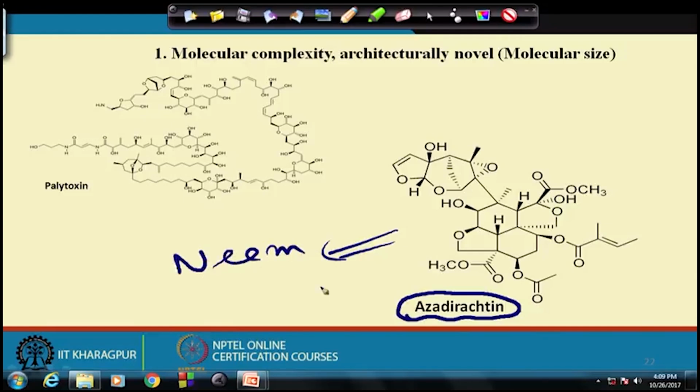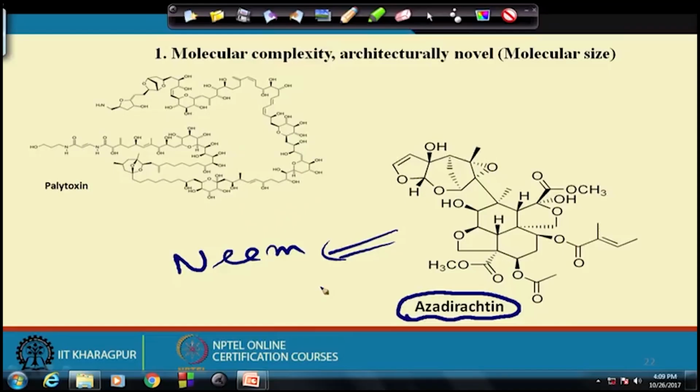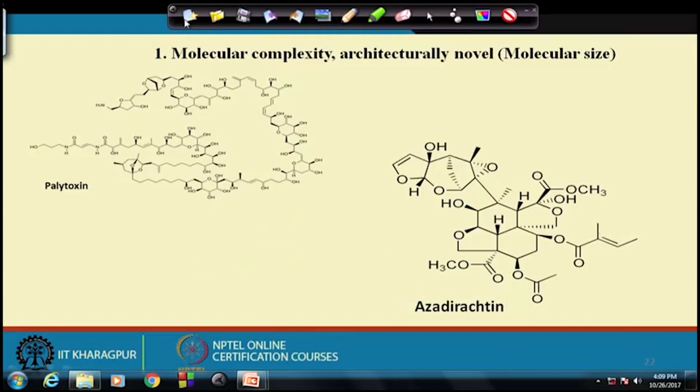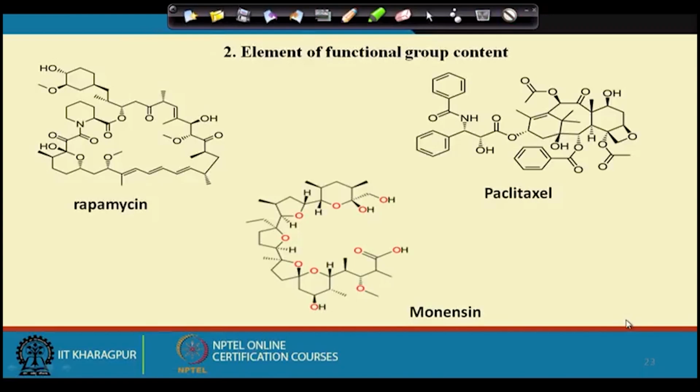Now, all of us know that the neem tree has potential medicinal significance. It can give you enormous products, it can help you in many ways. Now, this compound azadirachtin is a complex structure, but essentially this kind of molecule can be made. So, fine. Then you check the second point, functional group content, that is, what are the functional groups present